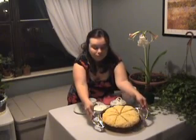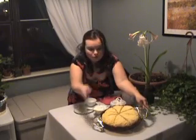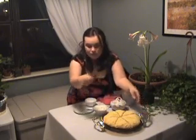Okay, we just took our double orange scones out of the oven, and it makes 8 scones. You just cut it before you put it into the oven into 8 triangles. Okay, just like that, just like a pizza. And then this is the easy Devonshire cream that we just made. 4 ingredients, really quick. And then we're going to enjoy our cup of white tea here in just a moment